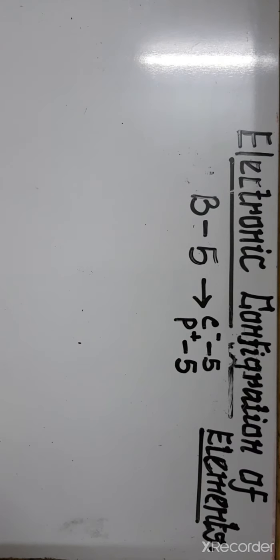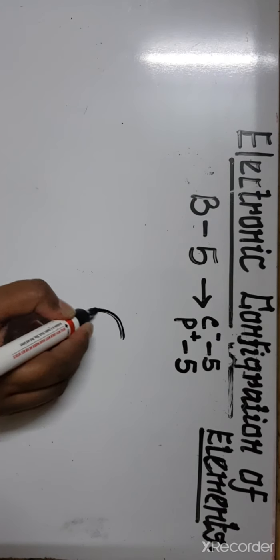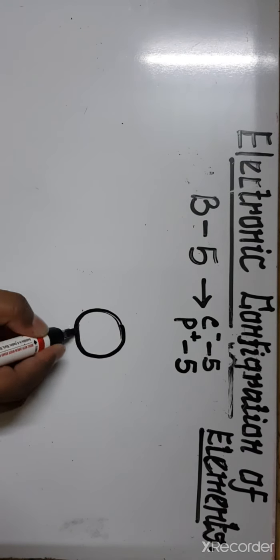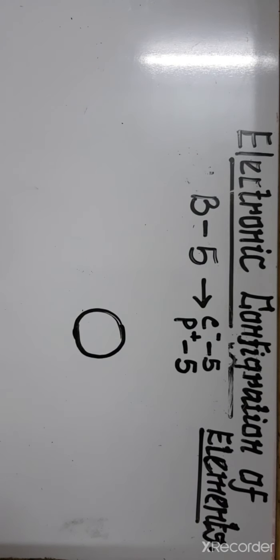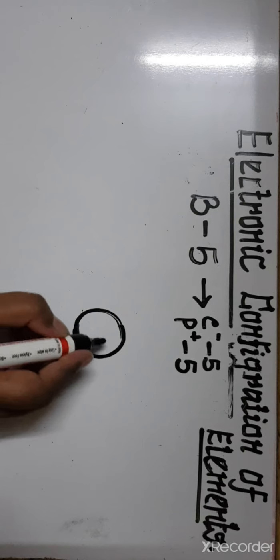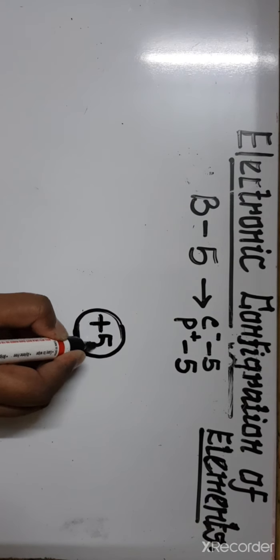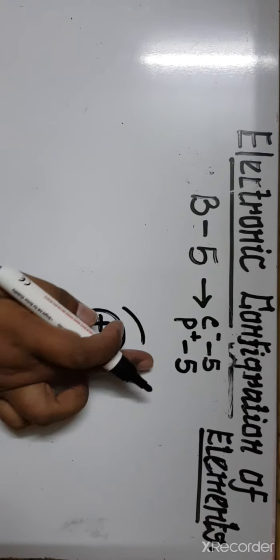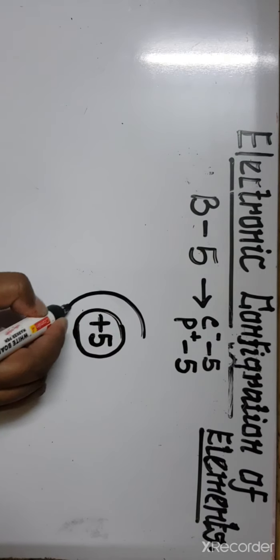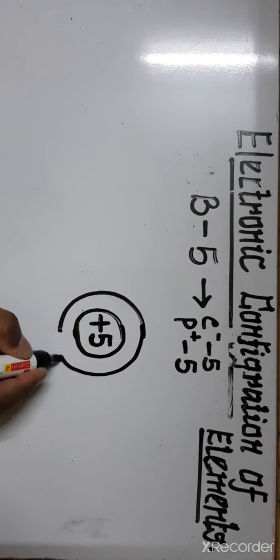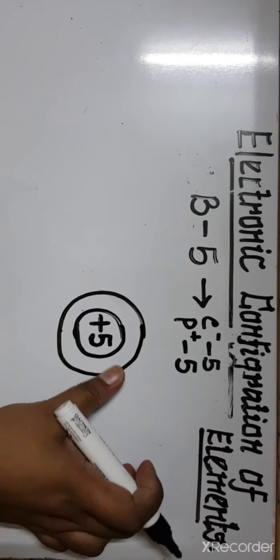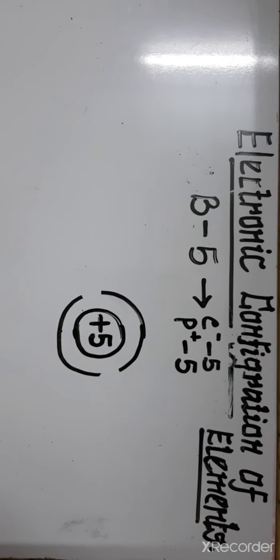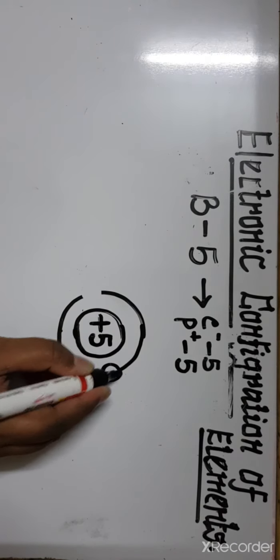Now to draw the structure of boron, first of all what do we have to draw? Yes, we first have to draw the nucleus. So here I am drawing a nucleus, and in the nucleus which subatomic particles are present? Positive particles, that means protons, are present. So I am writing the positive particle, that is proton. How many protons are there? 5 protons are present. Then we have to draw the first shell. In the first shell, how many electrons will occupy? 2 electrons. So those 2 electrons I am representing with these 2 empty spaces.